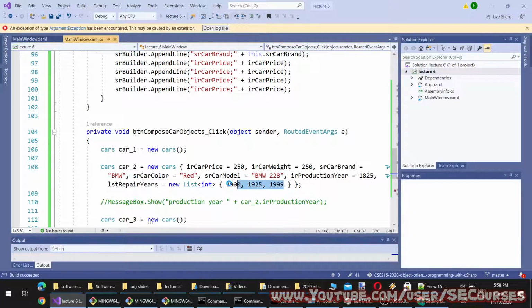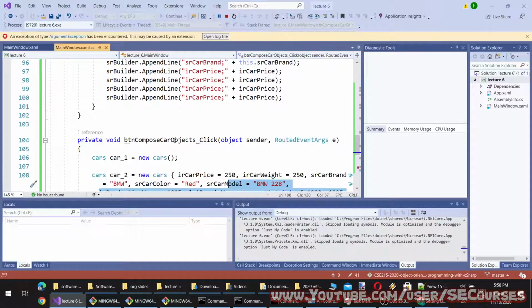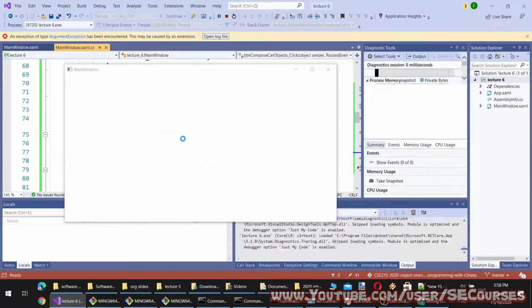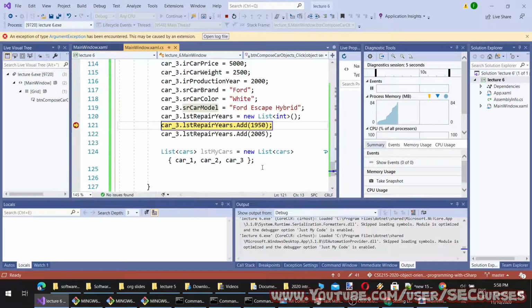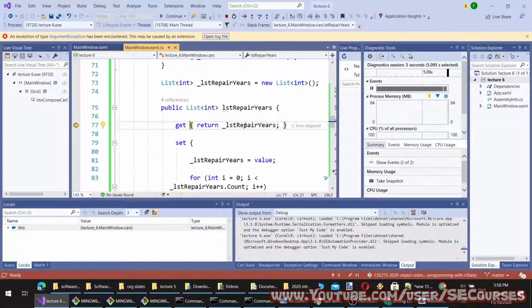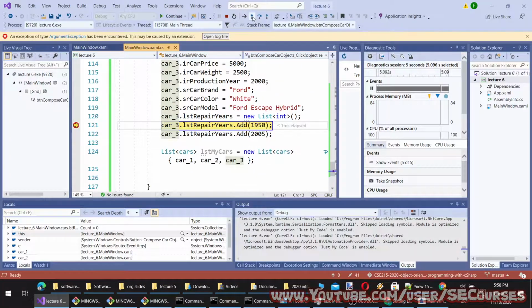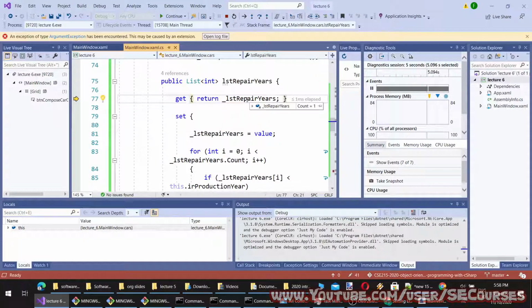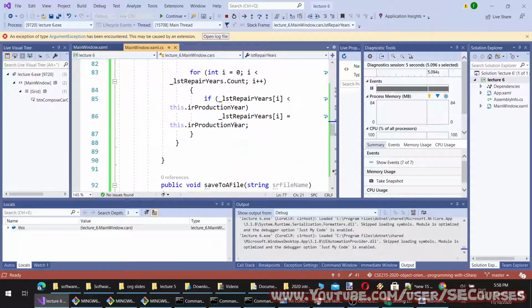This may work as expected, but I am not sure about the other way. Okay, I'm going to step into. Okay, it is now here. Then it returned that. Oh, it only gets. It doesn't set the value like this.